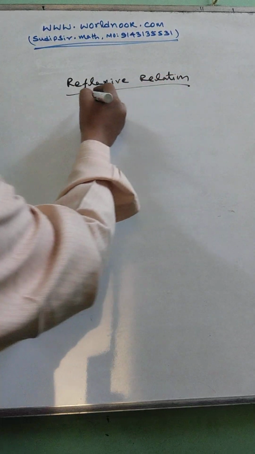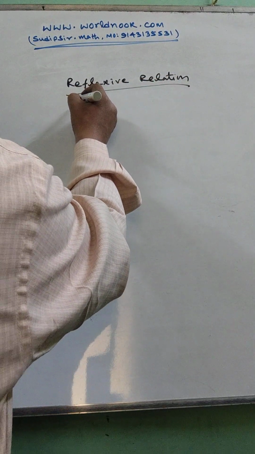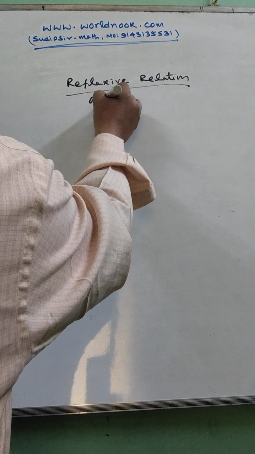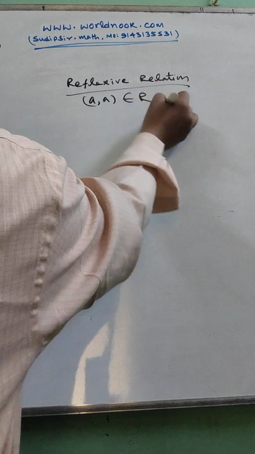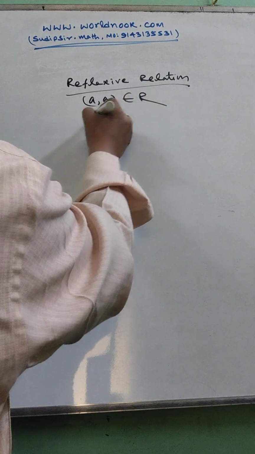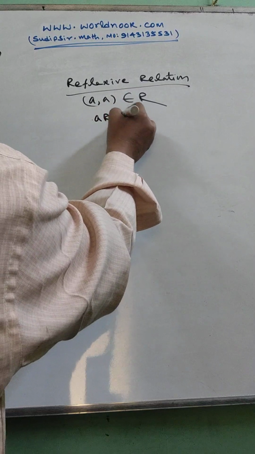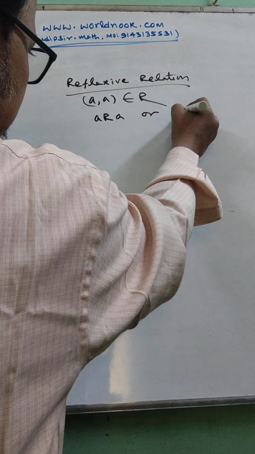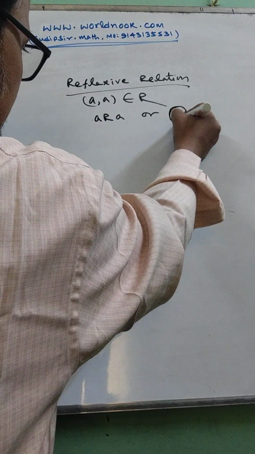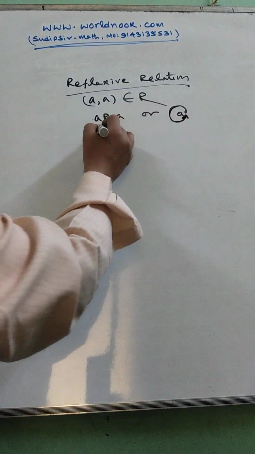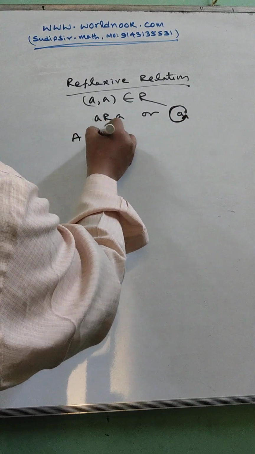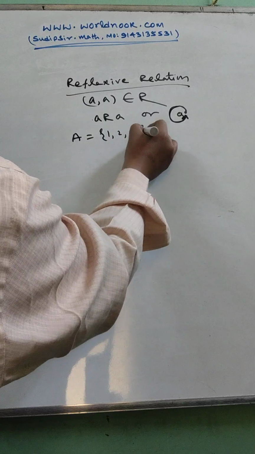In a reflexive relation, all (A, A) must be present. All (A, A) must belong to the relation, that is, A relation A. Or you can say if it is A, then A maps on A. This is a relation on A. For example, if A is 1, 2, 3, then